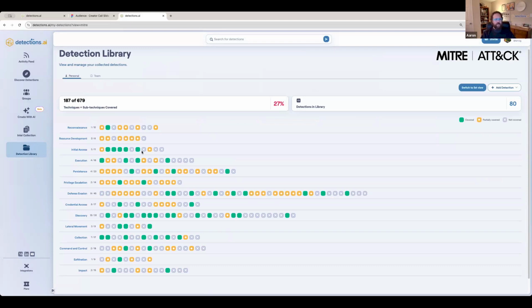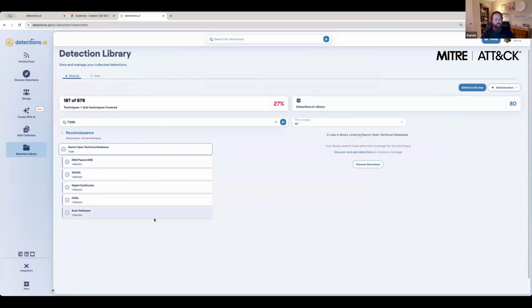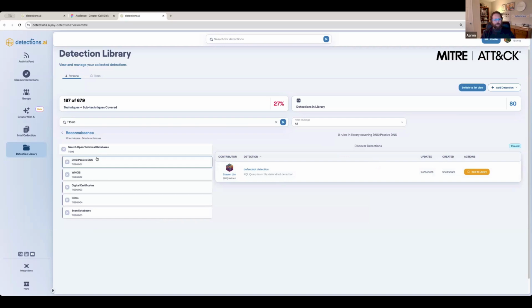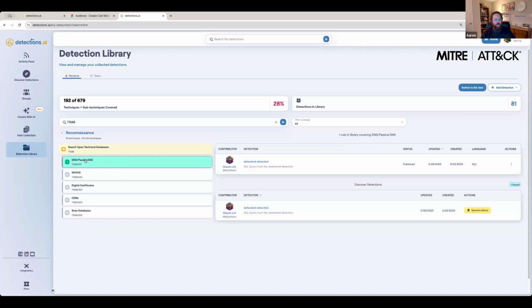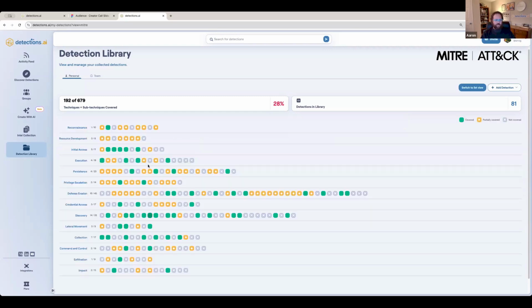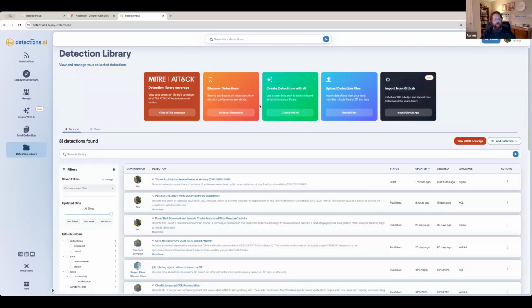It shows you your gaps, and you can click on any of these gaps. It'll break down what's available for you. You can always go out to the community and see if anybody has written a detection to fill this gap. And then if you save the query, you can see it automatically becomes a detection that has coverage of that part of MITRE. So it's a really fast, awesome way to do MITRE. It breaks down into all the different controls. If you're trying to look at library completeness or publishing certain focus areas, like, hey, I worked a lot on discovery attack modes and I want to make sure I have all these bases covered, it's a really, really useful way to do it. You can always switch back to list view.